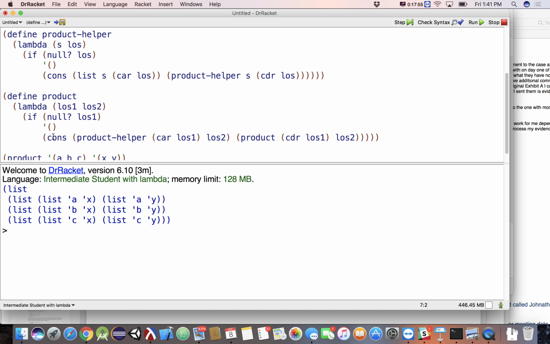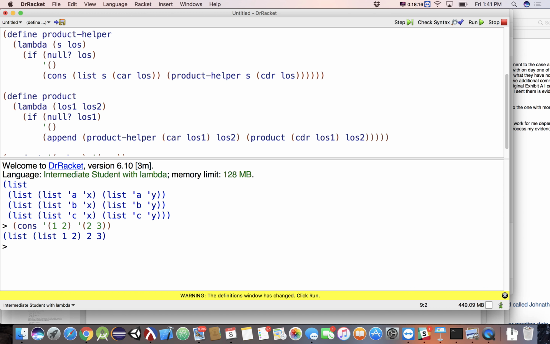The alternative we can do is use a function here called append. What append does is it glues 2 lists together as a list. So as an example, if I do cons of the list 1, 2 onto the list 2, 3, I get the list containing the list 1, 2 and then a 2 and then a 3.